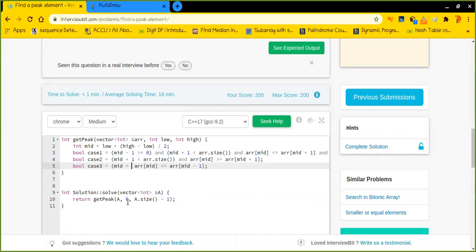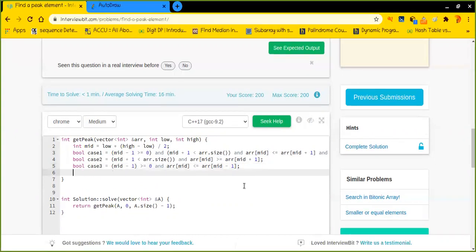Now mid minus one should be greater than or equal to 0. Okay. So guys, I hope you understood all these three cases.